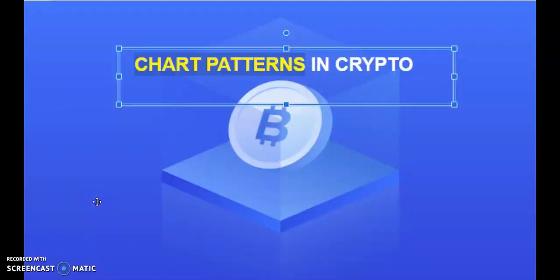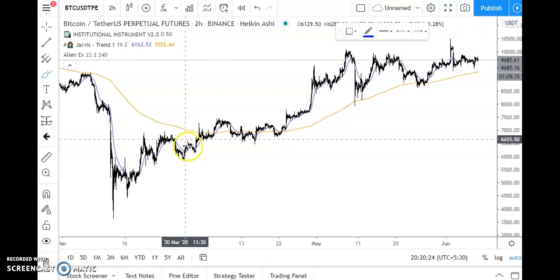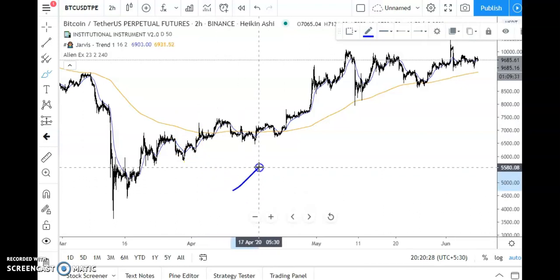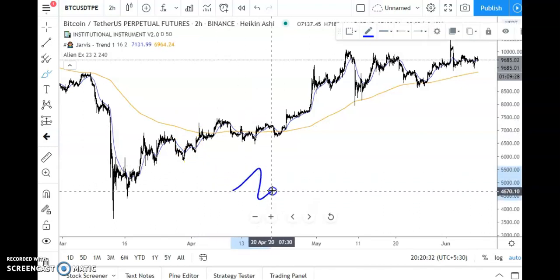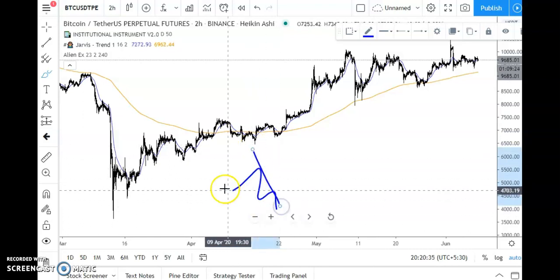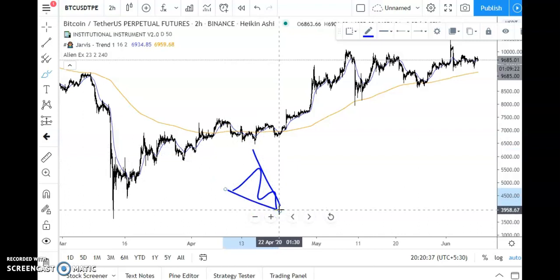Along with strategy one, we can also find chart patterns in crypto. There are basically very few chart patterns that are always occurring in crypto. So you can find them and do what I suggest. So pattern number one, falling wedge. A falling wedge pattern will look like this. Once you draw a trend line, you'll find the pattern looking like this.